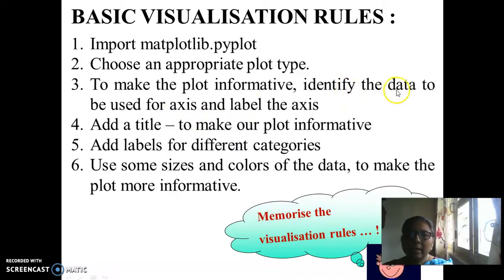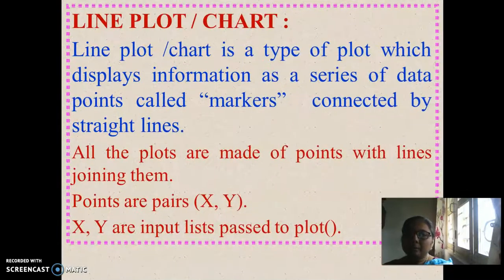So the data has to be identified for being used on x-axis and y-axis. Later on, we can decorate our charts with the title, legends, labels, marker colors, line colors. The width of the line can be changed, the style of the line can be changed, etc. to make the charts that we draw more beautiful.